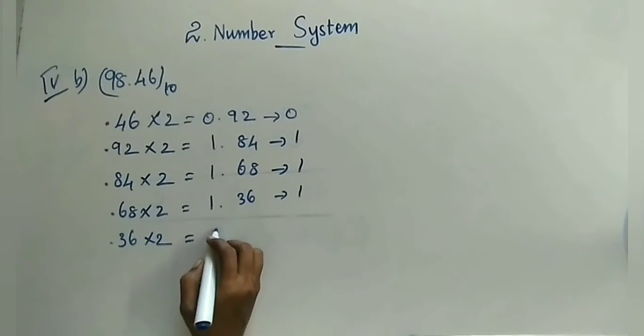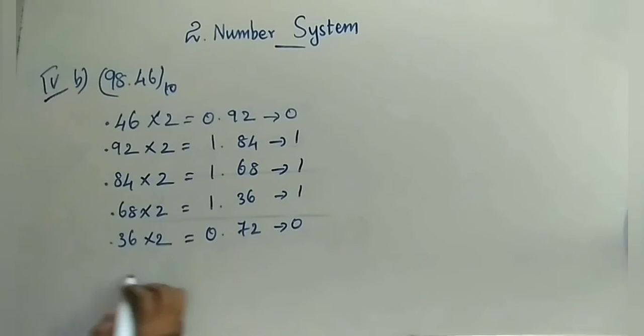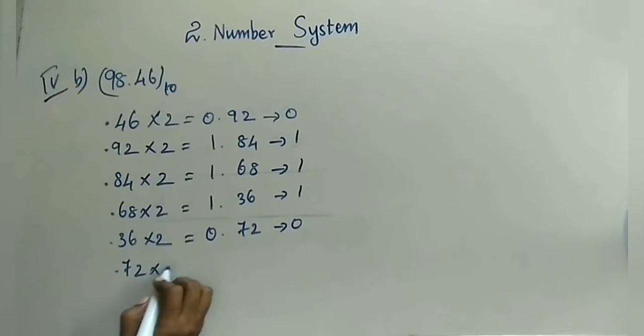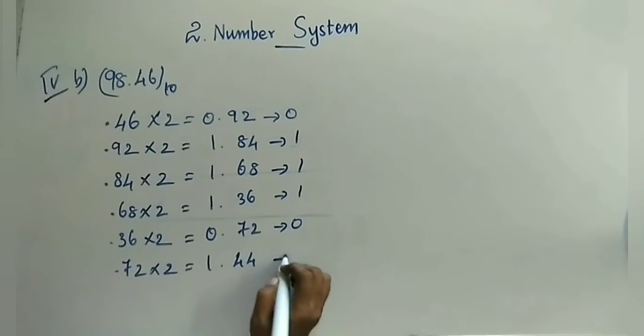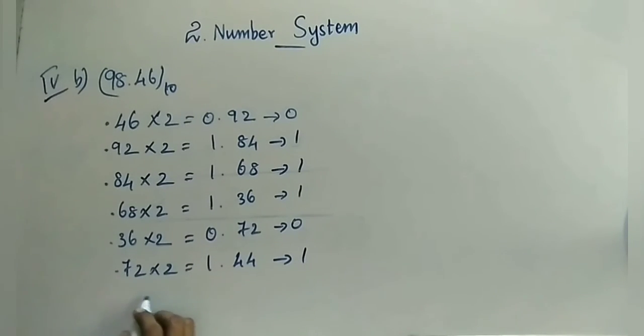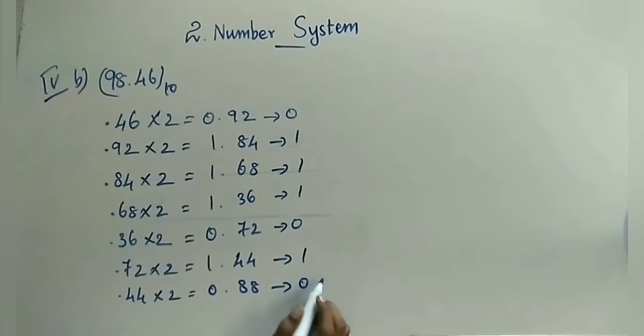So you people know when to stop it. If the same number is repeated, you people have to stop it. Otherwise it will be going on for you. Since this problem will keep going on, what you people can do is just perform it for 5 digits and then stop. So here I am stopping this just for 7 digits. After the point we are going to have 7 digits by now.